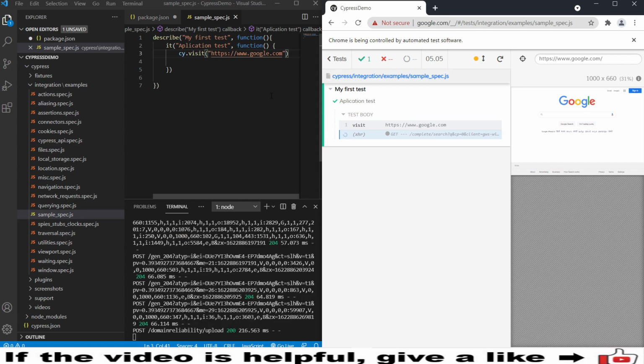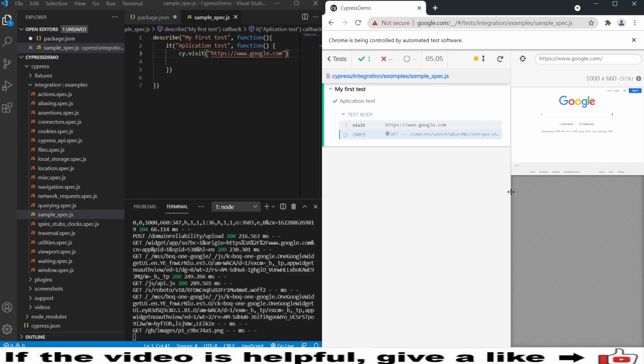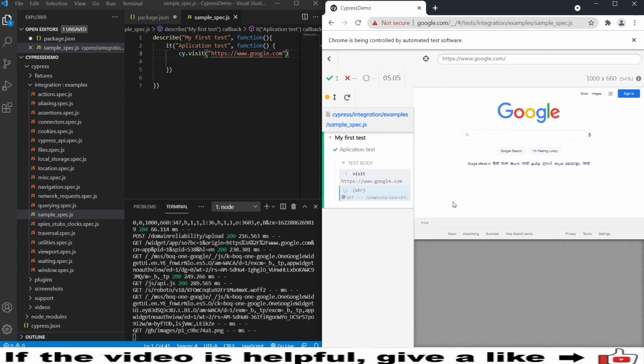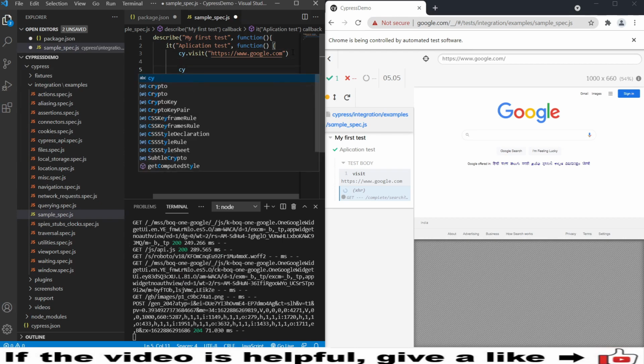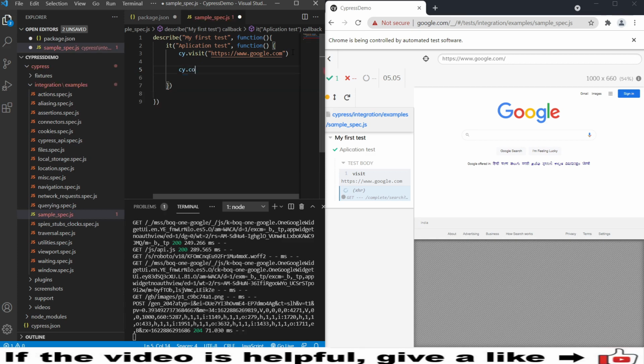So now I wanted to see whether privacy is there on my entire page or not. So this page contains the footer links. I wanted to see whether under that footer I have this privacy or not. So how can we check here? We have a simple command to see it. cy.contains, and under that contains I can provide single quotation privacy. Okay, let's quickly save it.